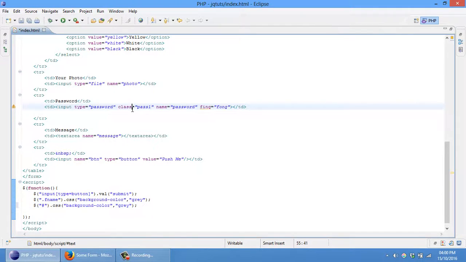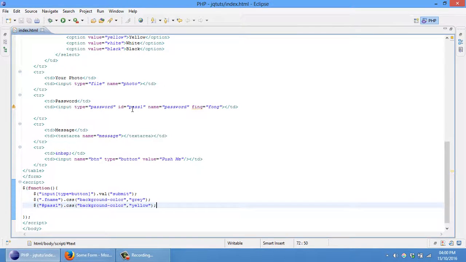In fact, let's make it ID, because we have already referenced a field with the class. ID pass1, and then let's make it yellow,